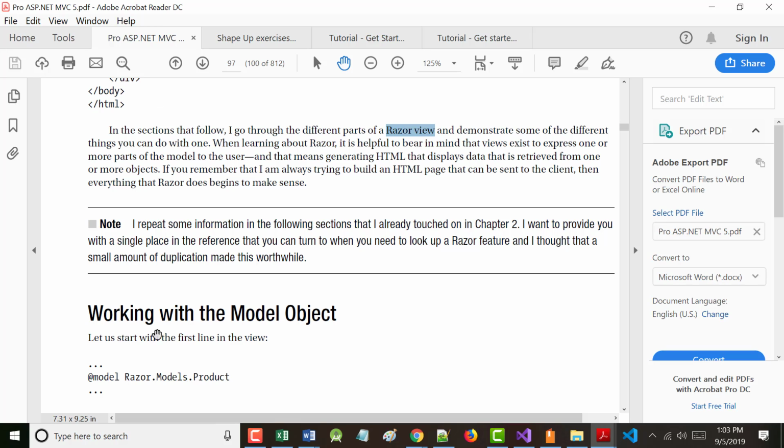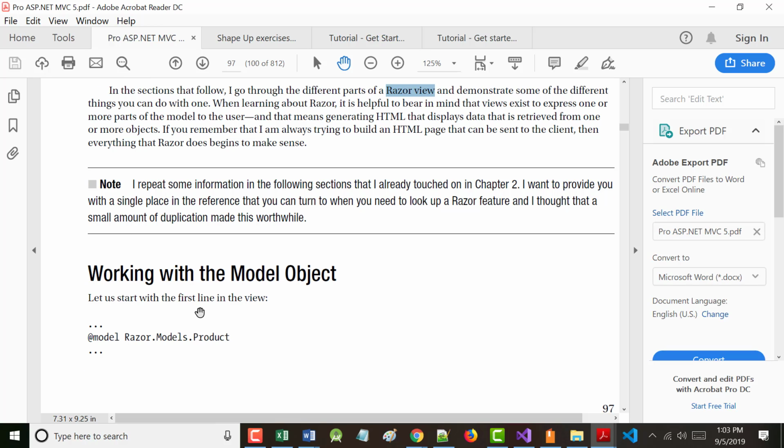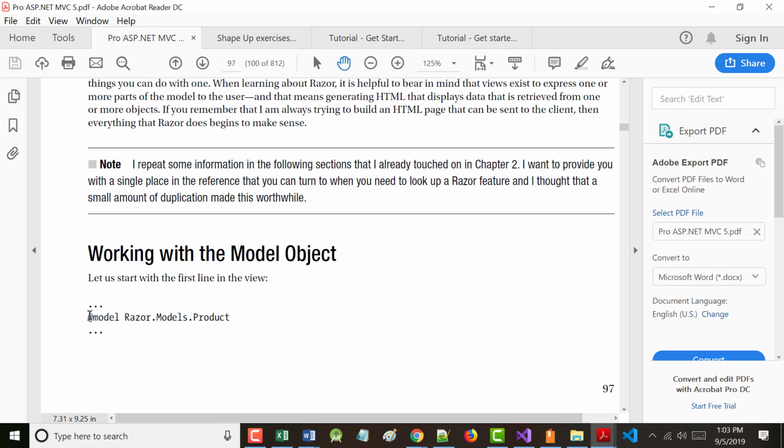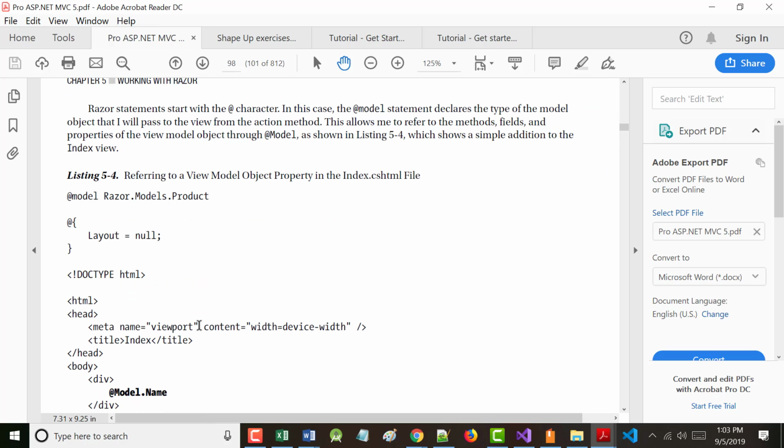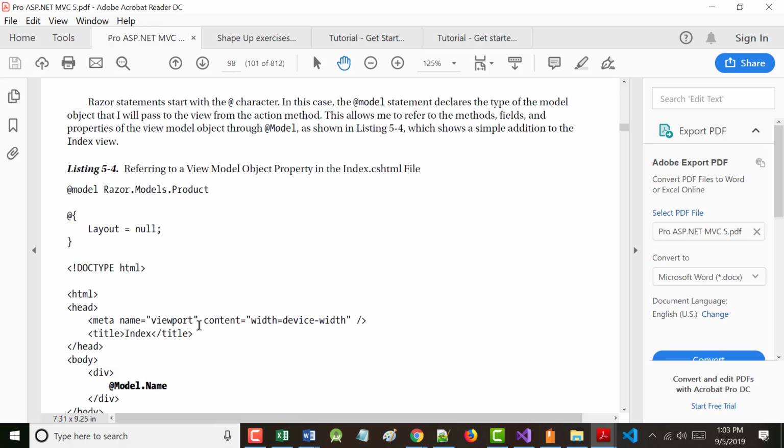So it says here, let's start with the first line in the view. You should have that view, the view file you just created, up on your screen. The first line there is @model razor.models.product. I don't want to read to you, but it's what I just told you.